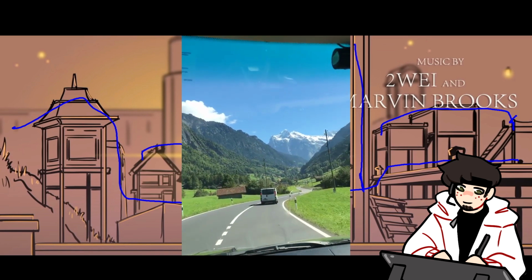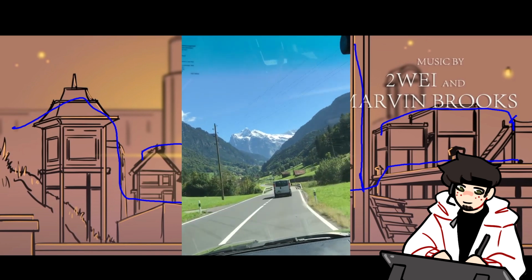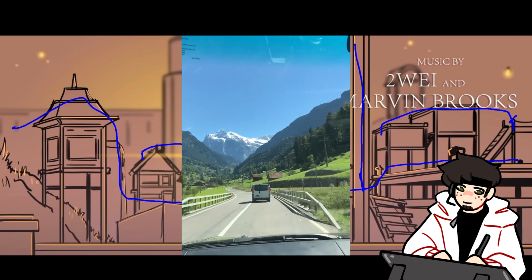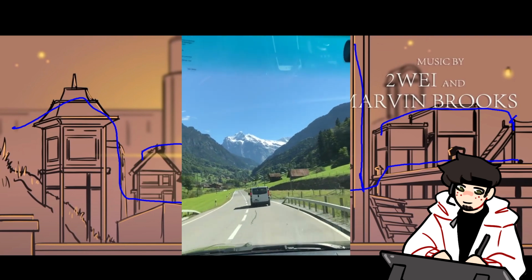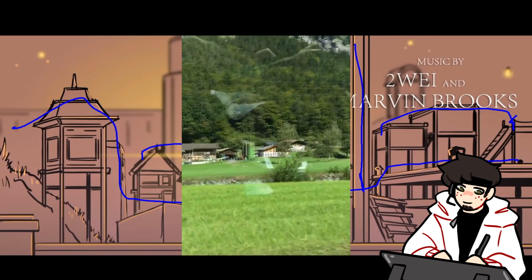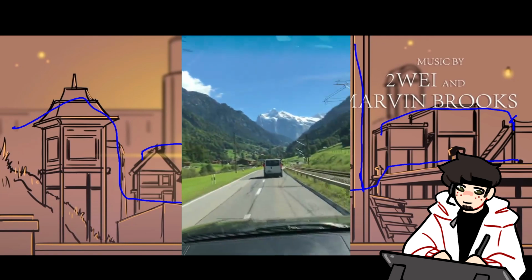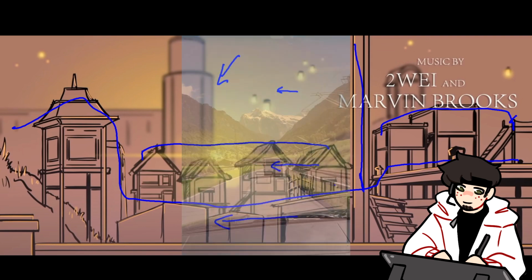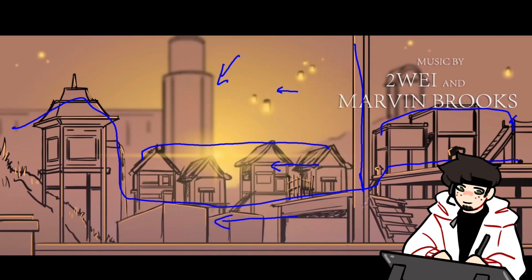If you've ever been in a car, you'll notice how the road or the trees next to you as you're driving will whiz by you incredibly fast. But stuff like mountains or a building in the distance will be much, much slower. By giving this extra sense of depth and by having the foreground element move faster than the background elements, it's